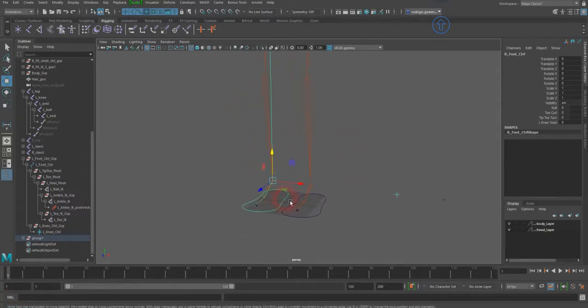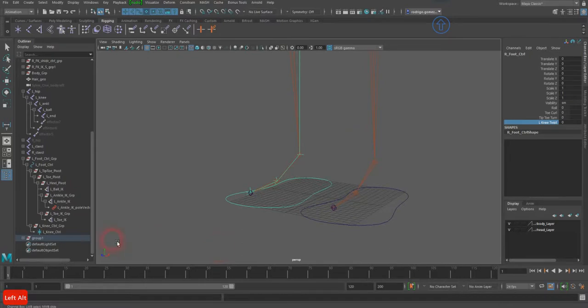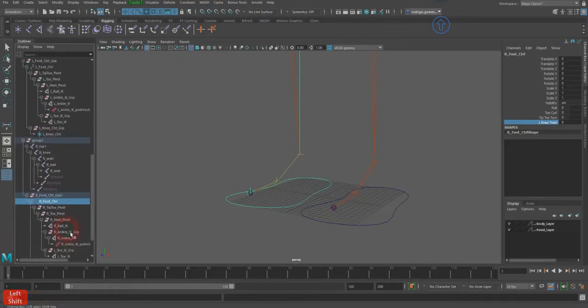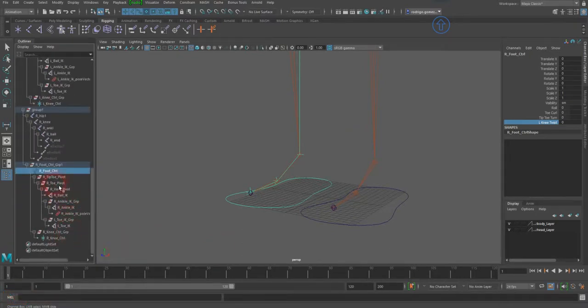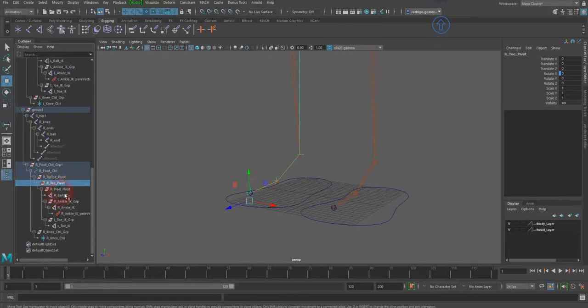And so if I test the knee twist, it is not working, but I got all the pivots already in it. So I have the toe pivot, and I have the heel pivot, and all of them are there, only that they are not connected anymore. They lost their input. They are doing what they're supposed to be doing, but